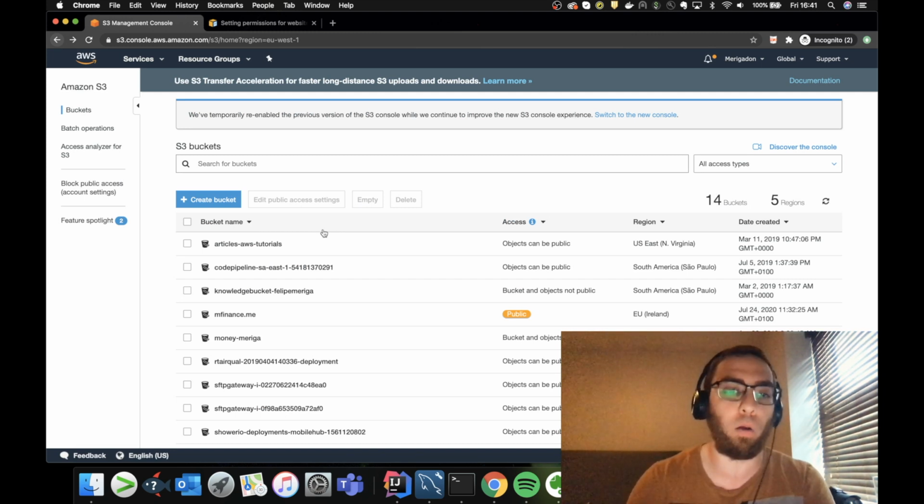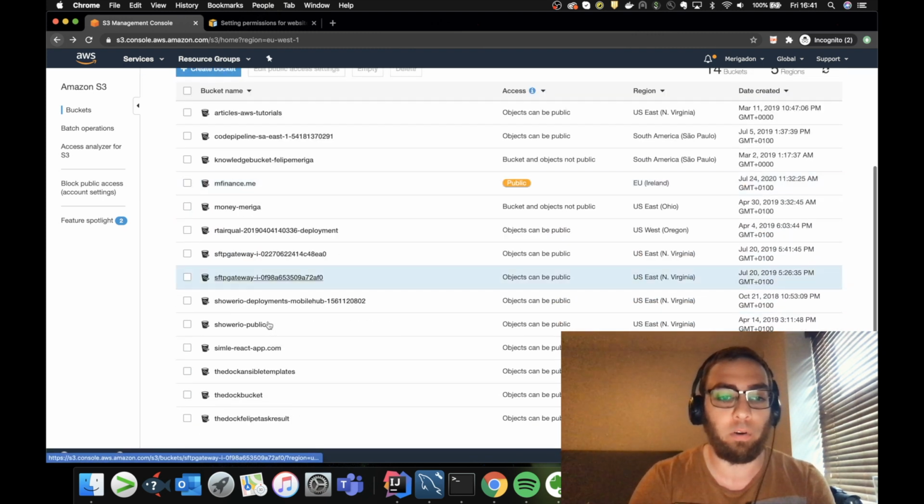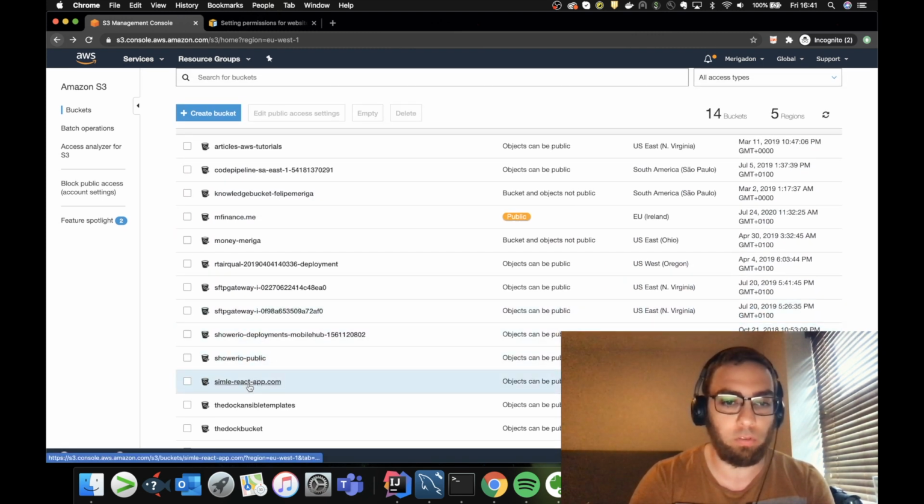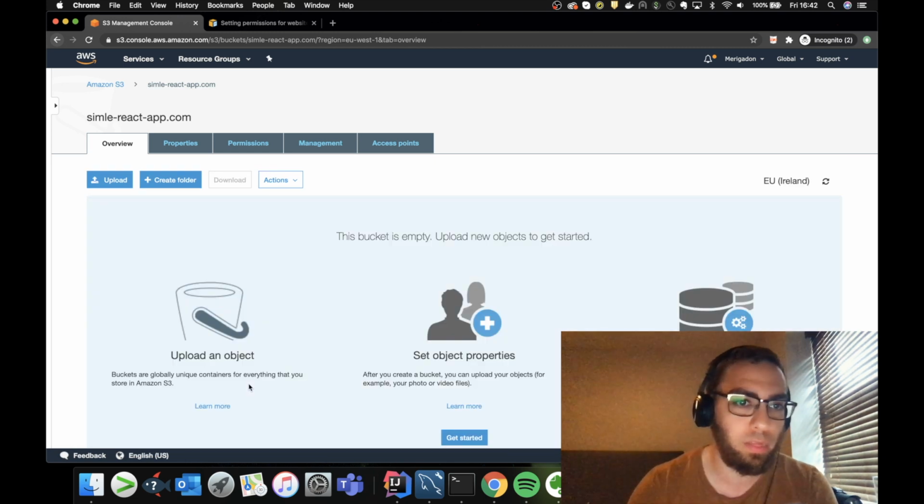Now we are ready to do some configurations, very simple ones. So we go to the bucket that we just created. First of all, we have to go here in properties,